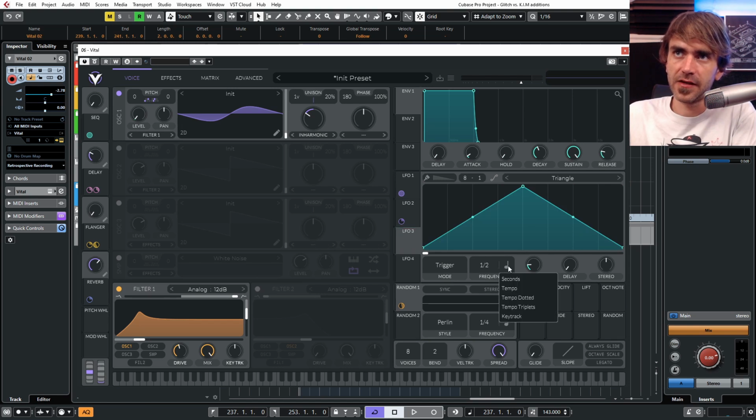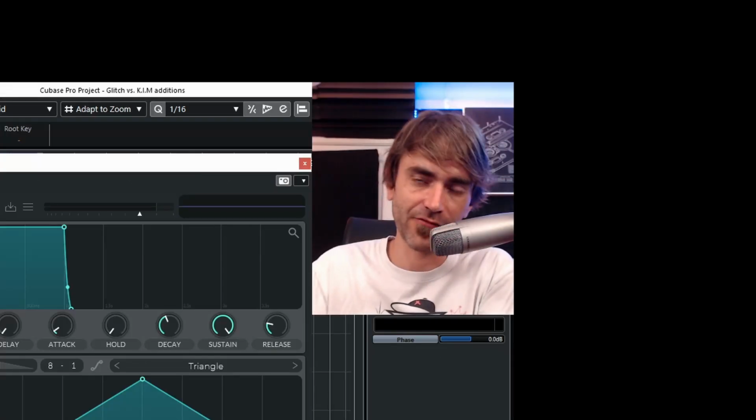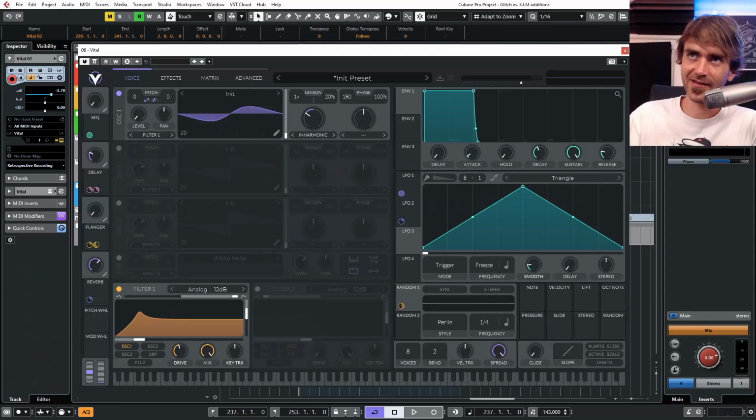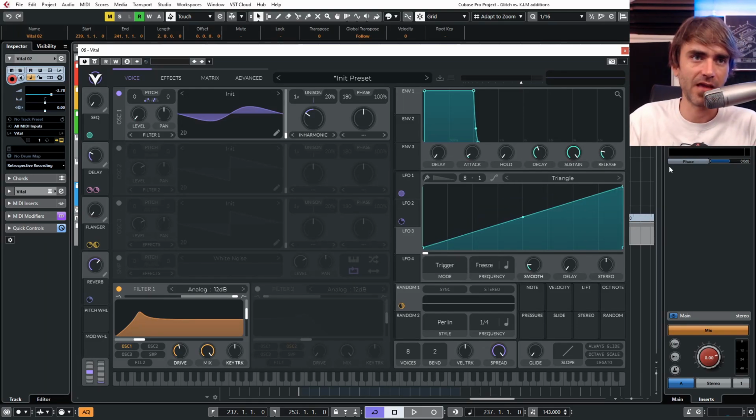We can click over here, or actually just turn this all the way down till it says freeze. And now essentially this is not an LFO, it's a no-FO. It's an oscillator that's not moving at all. And essentially this is a function generator. So what happens is we put in an input, and this curve relays that value to the output that we